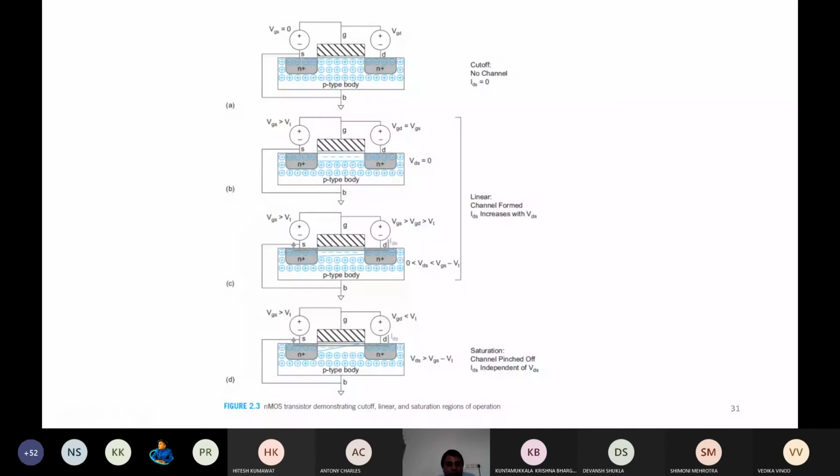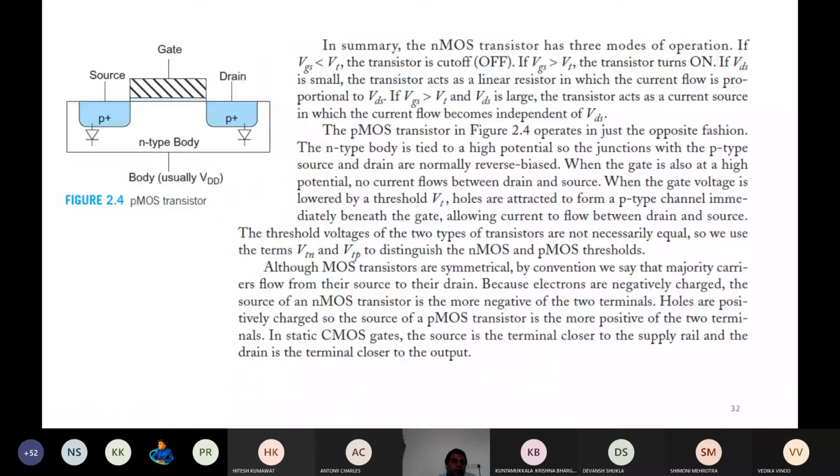So let us also look at the P-type transistor. If you think of a P-channel transistor, then obviously an N-type body will be taken, and a P plus source and P plus drain will be created, then the dielectric, the polysilicon gate, and the metal contacts for source and drain. This will operate in the opposite manner. Here the gate to source voltage must be negative, which we have already seen.